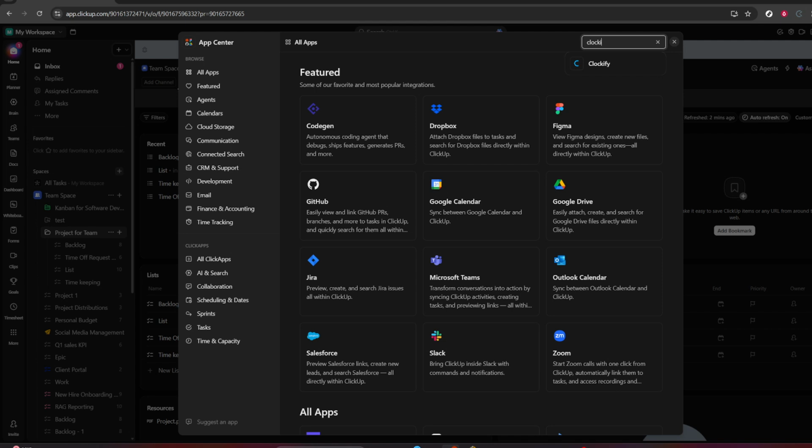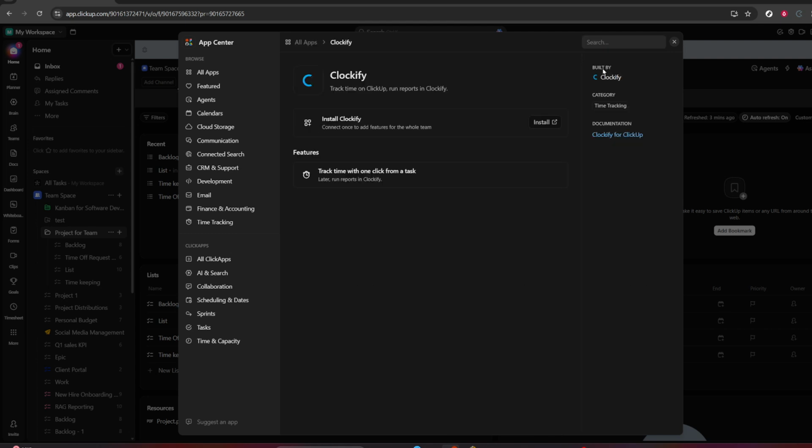Once you're in the app directory, use the search bar and type Clockify. You should see the Clockify integration appear in the results. Click it to open the details page. Here, you can review what the integration does and what permissions it needs. Typically, Clockify will request access to task details so it can attach timers and capture time logs associated with your